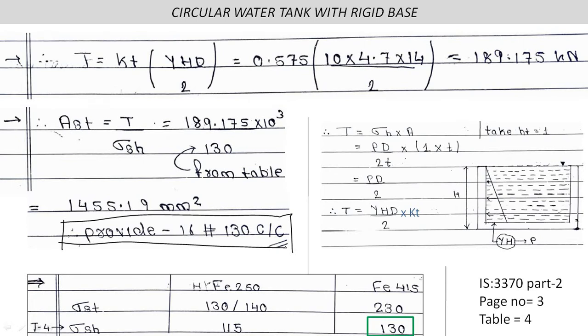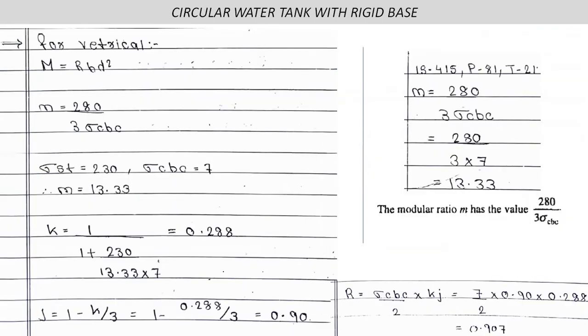How this diameter and spacing is decided, the solution for this is already provided in the circular water tank with the flexible base, which is part 1 of this video. So you can watch and see how we have to provide the diameter and spacing. And yes, the spacing should be less than 300 mm as per the IS 456. So here we have provided the capital Ast, or the main steel, as 16 dia 130 center to center, which is okay, which is less than 300 mm center to center as per the IS code.